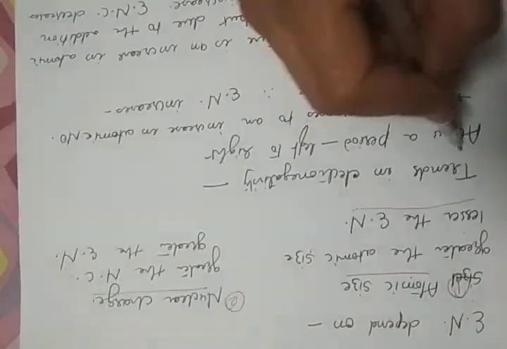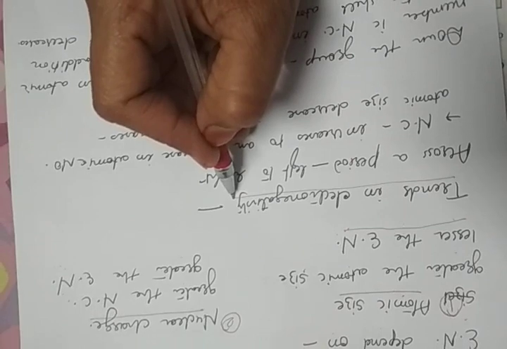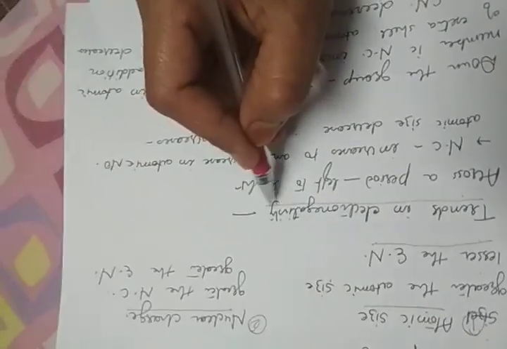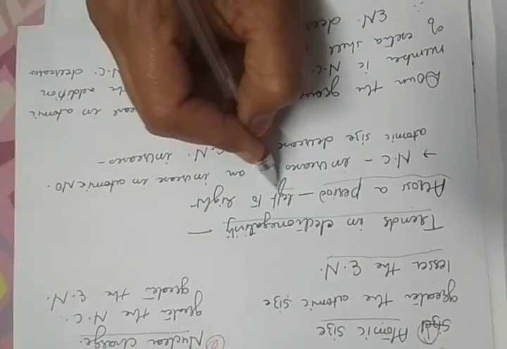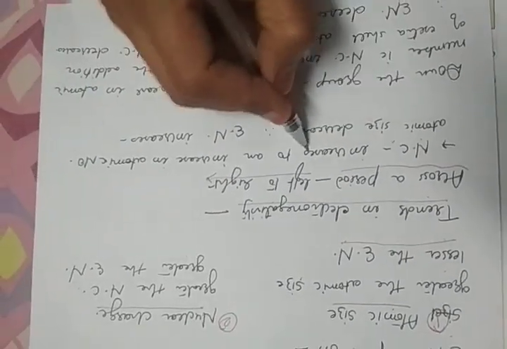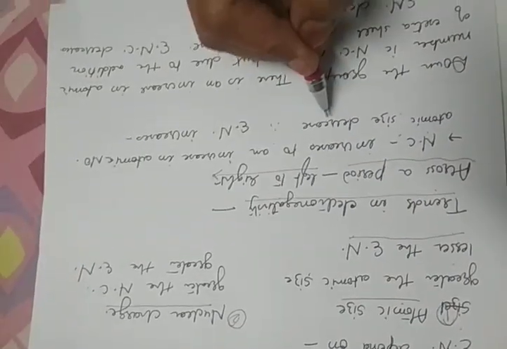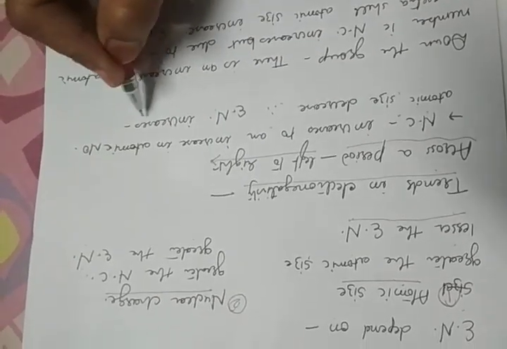Now its variation or its trends in the periodic table, how it changes in the periodic table when one moves across the period or down the group. So trends in electronegativity, which is also called variation in electronegativity. First one is across a period. When one moves left to right in a period, nuclear charge increases as the atomic number increases and atomic size decreases. Therefore electronegativity increases.